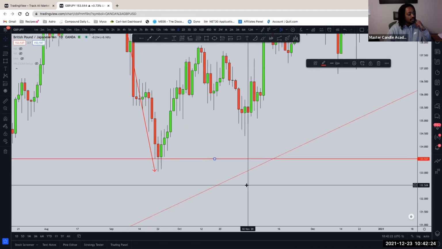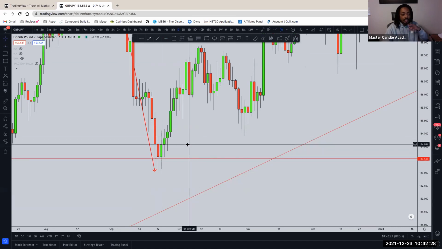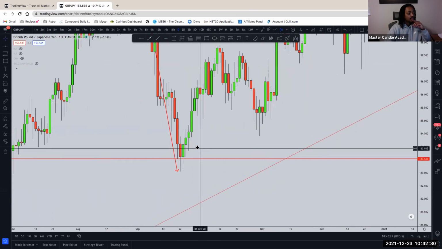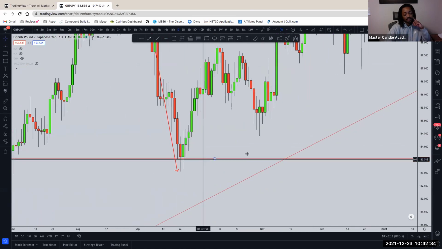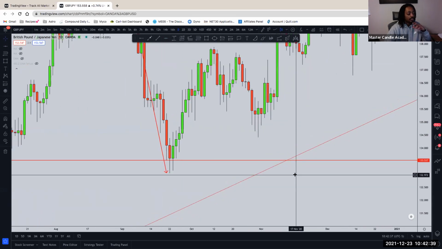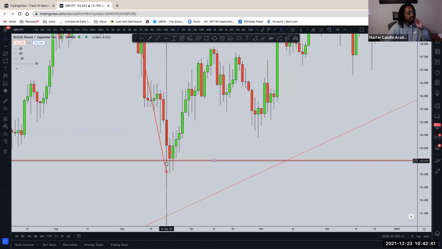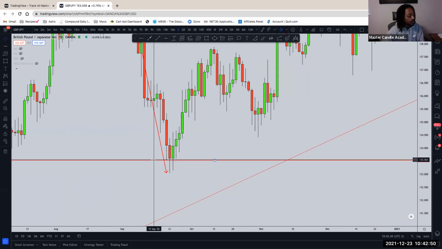So this is where wicks become important for price action, but not support, because really support's there. Baseline support is here. But when we're looking to actually enter the market, we want to see where price is closing, the price action. That's the action of price. Where is it closing? Whenever you see an inside bar close,